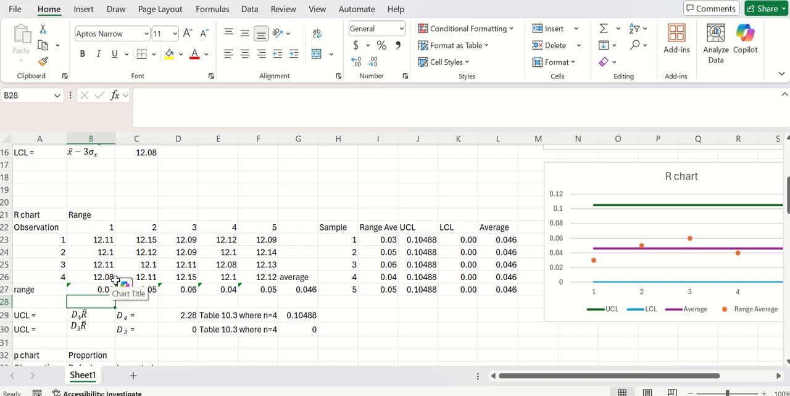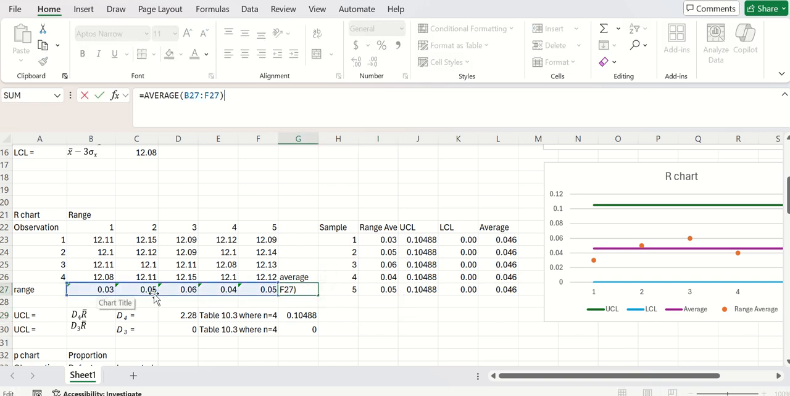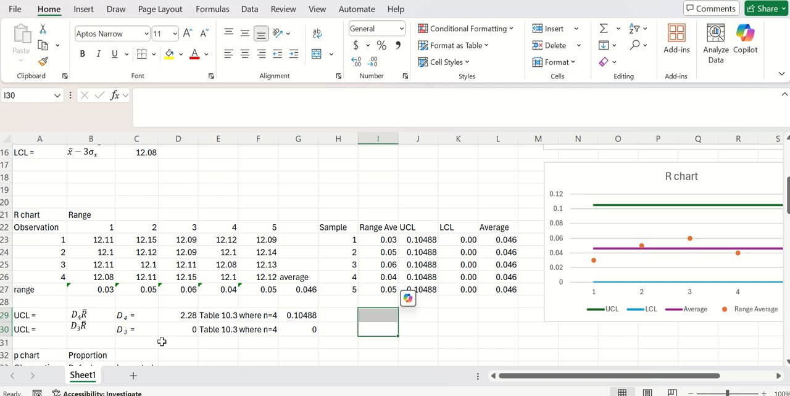12.8 is the lowest. 0.03 is the range for that day. And if I calculate it for each one of the days, I can do an overall average for all of the days in there. Okay? Now, for doing my upper control limit,